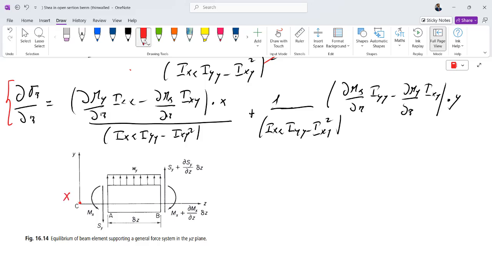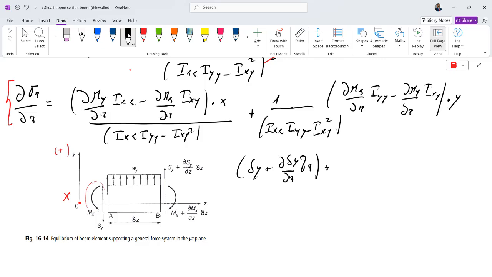entering your screen. So if we see this from the point of view of x entering your screen, we see a counterclockwise Mx. So Mx is negative, and Mx also bends the upper fiber. If the upper fibers are bent, the moment is negative. Sy, the shear force, is negative because it is directed along the negative axis of y. So on the other side it is directed in the positive direction of y. So we have Sy plus the derivative of Sy with respect to z times dz, plus